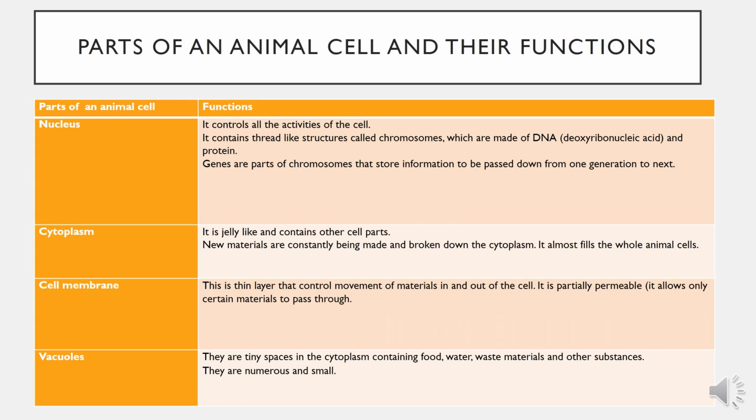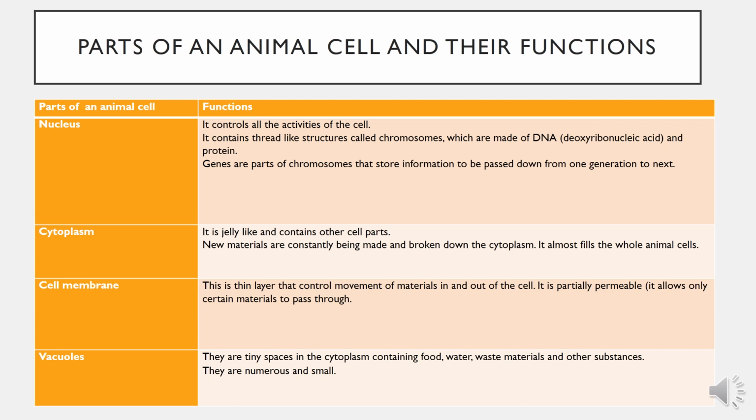After this, now you will be able to, and I think you are able to differentiate what are the differences in plant cell and an animal cell. If you recall that when we discussed parts of a plant cell, there was a chloroplast, and chloroplast contains chlorophyll, and that chlorophyll is important for plant to make food because it absorbs sunlight. Okay, and then there is a difference in vacuole. There was a big vacuole, only one vacuole is present in plant cell, but in animal cell these are tiny spaces and they are numerous.